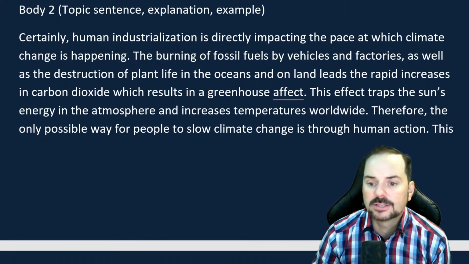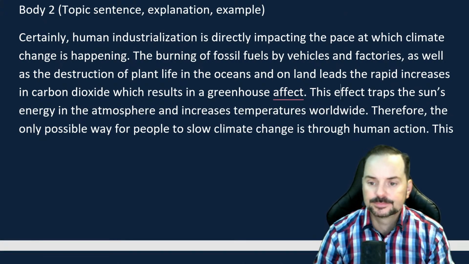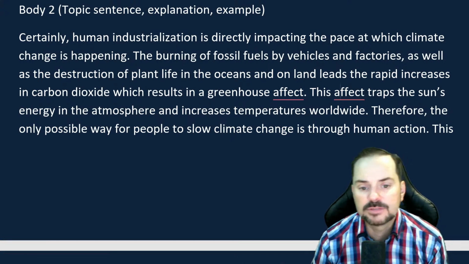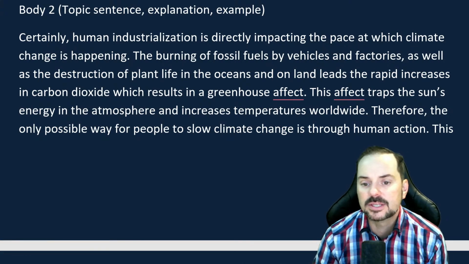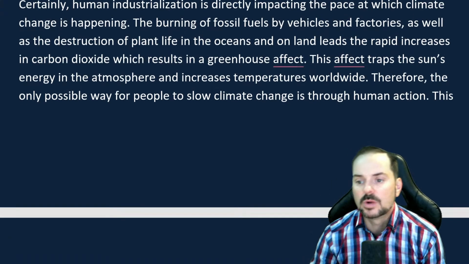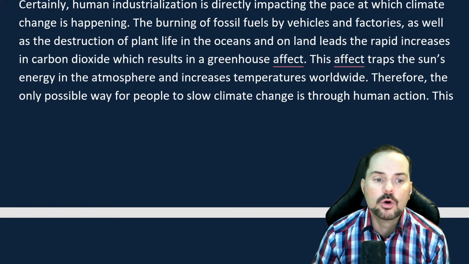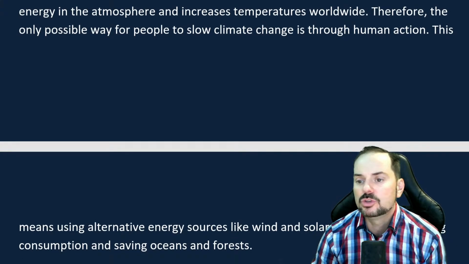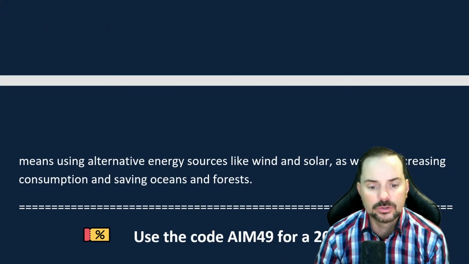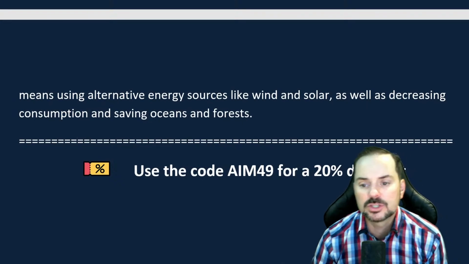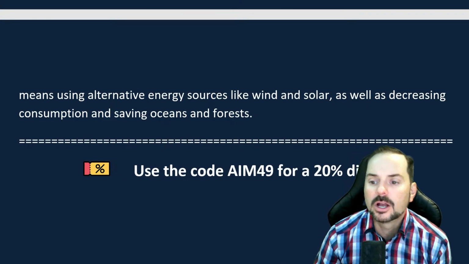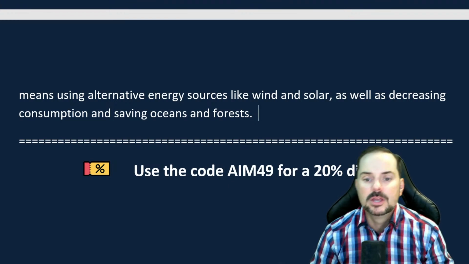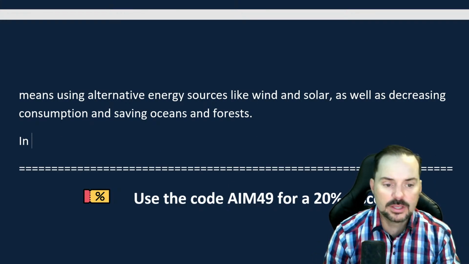This effect traps the sun's energy in the atmosphere and increases temperatures worldwide. Therefore, the only possible way for people to slow climate change is through human action. This means using alternative energy sources like wind and solar, as well as decreasing consumption and saving oceans and forests. Okay, now my conclusion. In conclusion,